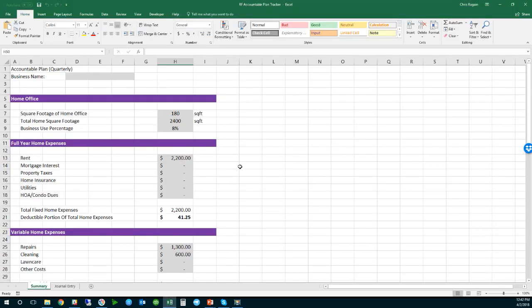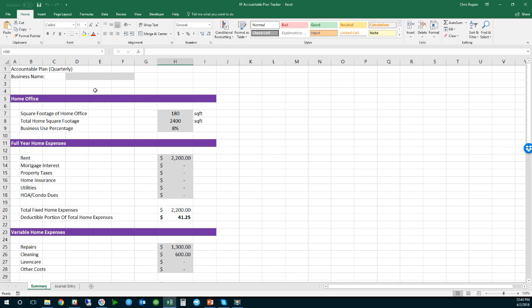So here's the expense report. I've also got this included in the materials, and this is what we provide our clients at Reagan Financial. I've changed the colors here a little bit to be purple because it's Halon. You can go in here and change all of this if you want to. You can put your logo up here if you want to, whatever you want to do. But here's the way that it works.